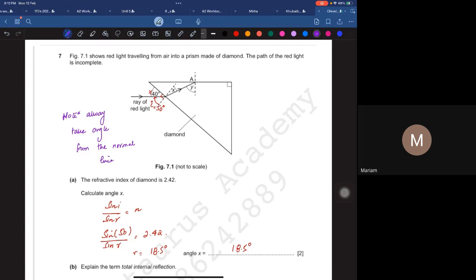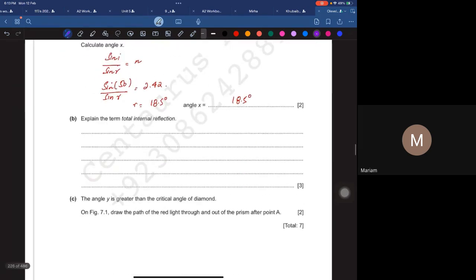All right, kids. So we have basically made a breakthrough. We've learned that we will never ever take the angle of incidence from anything other than the normal line. That's what you guys need to remember. Now we have to explain the term total internal reflection. Everything that I wrote, you have to write exactly that. So this will be your homework. All you need to do is go back,